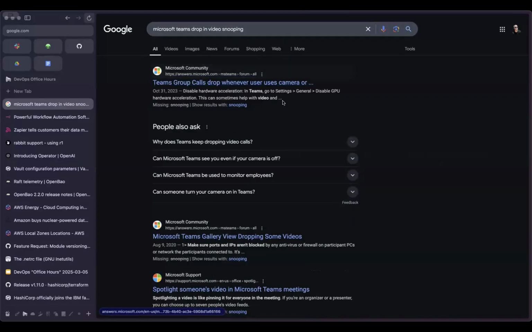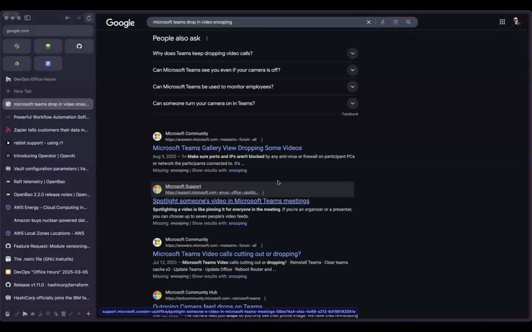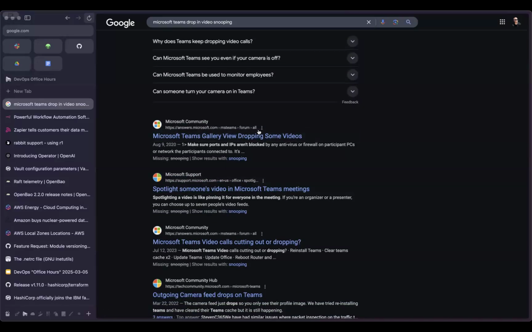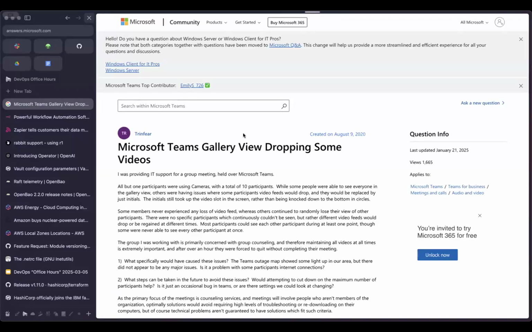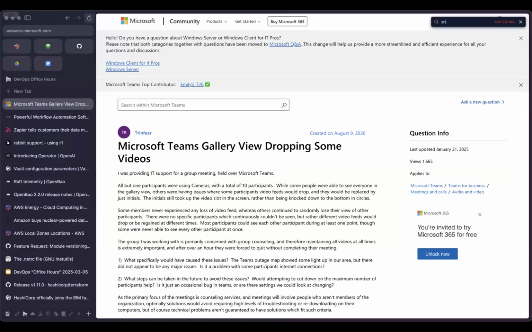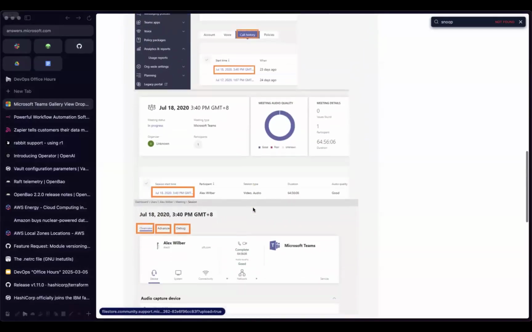I wonder if Windows Recall also screenshots on Teams as well. I haven't played with Windows Recall yet, but it's supposed to screenshot everything. I just wonder if it would do your Teams calls as well, so you just type in what you're looking for and it would just pop up. Be awfully creepy, but yeah.